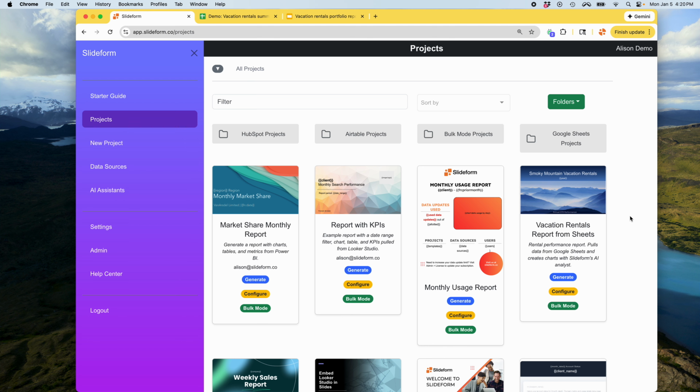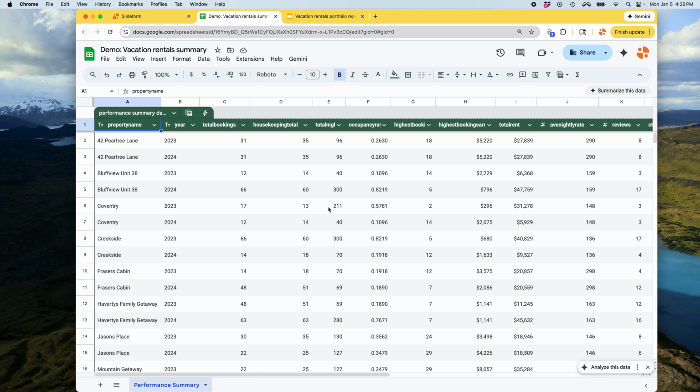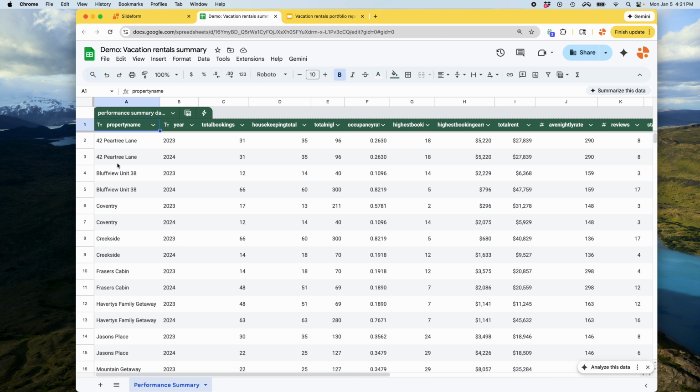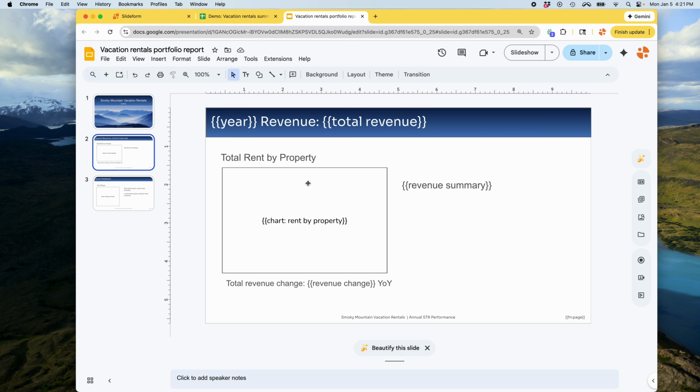Today I want to show you how to create Google Slides from Google Sheets with AI analysis from Slideform. We start with a Google Sheet. This is an example dataset with just some regular unformatted data about some properties, some rental properties, and short-term rental bookings. And what we want to do is take this data, analyze it, and create a report in Google Slides